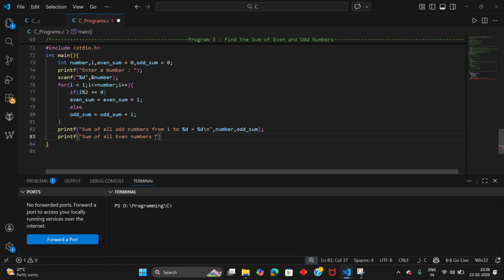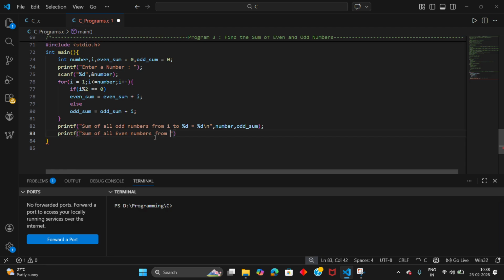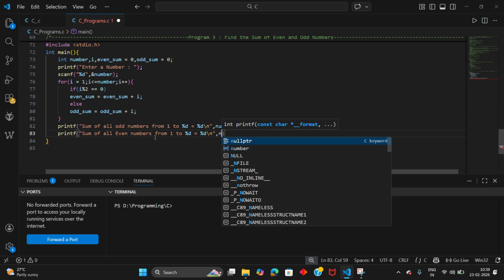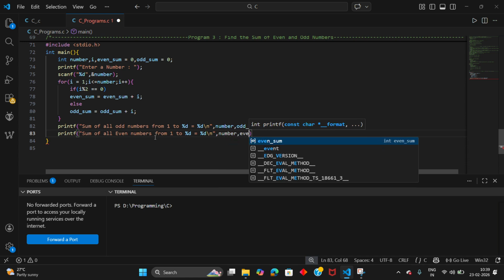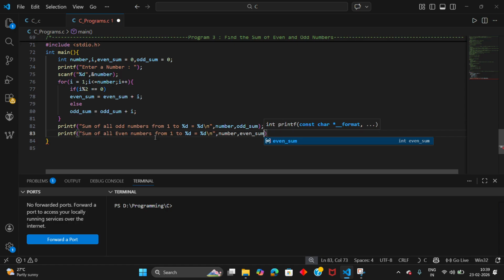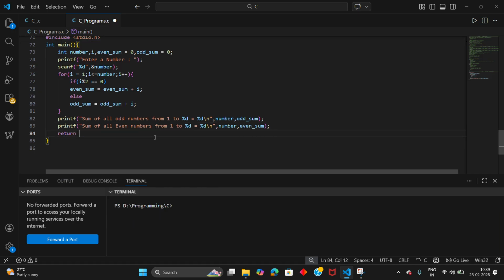Okay, from 1 to %d equal to %d \n. It will be number, and the sum will be even sum, right? So this is how we are going to write the code, and you need to return 0.